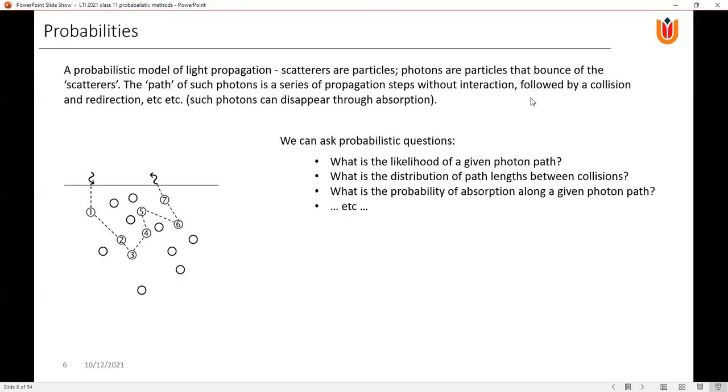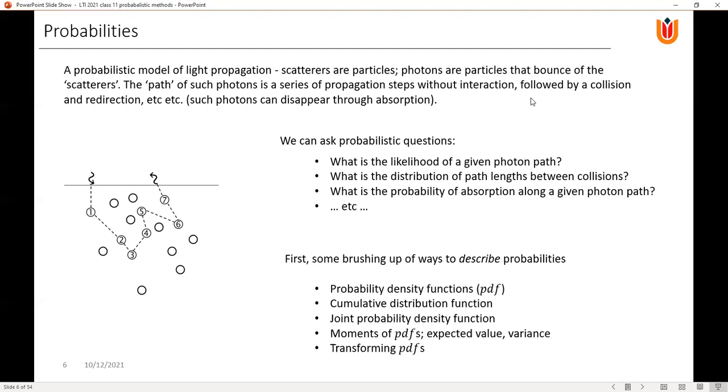So the questions that we need to ask ourselves is, what is the likelihood of a given photon path? So let's say this one. What is the distribution of path lengths between these collisions? Like in the drawing here, we have longer path lengths here, let's say this one, and shorter path lengths here. So what is the distribution of these path lengths? What is the probability of absorption along that path, etc., etc.? So these questions